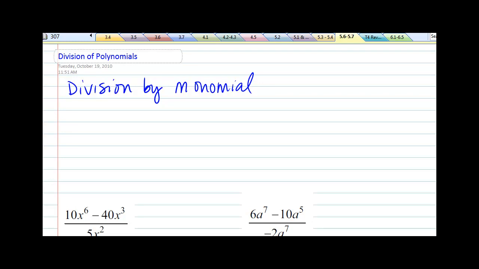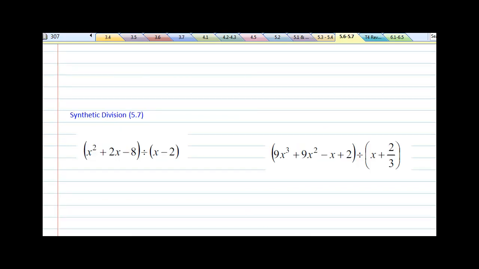In this section, we're going to talk about division of polynomials, and we start our discussion by talking about the easiest type of division, and that's division by monomials. So I want to look at first what happens if I had, for example,